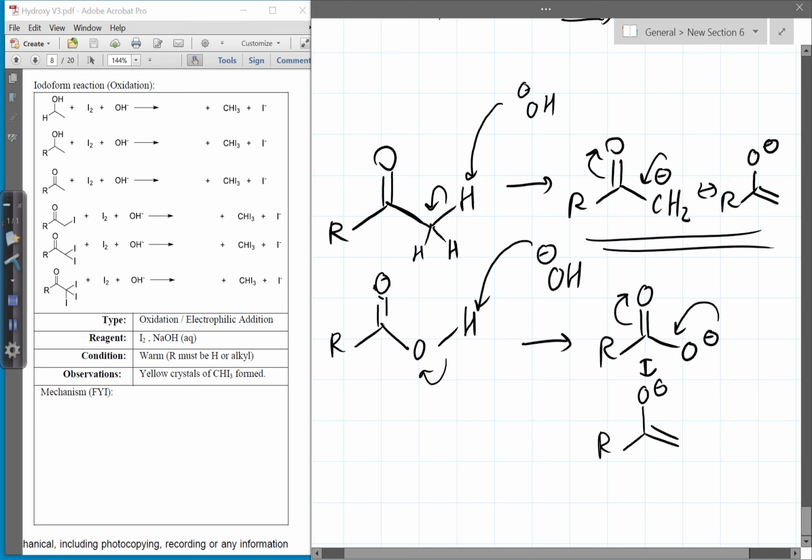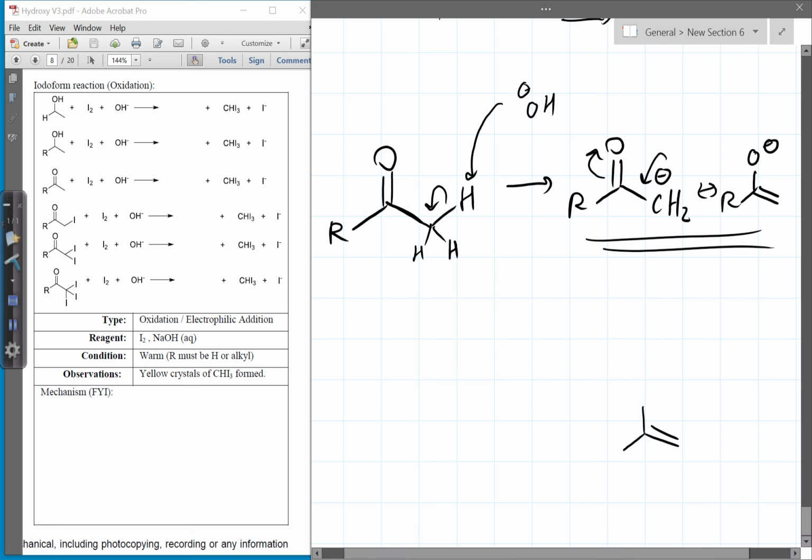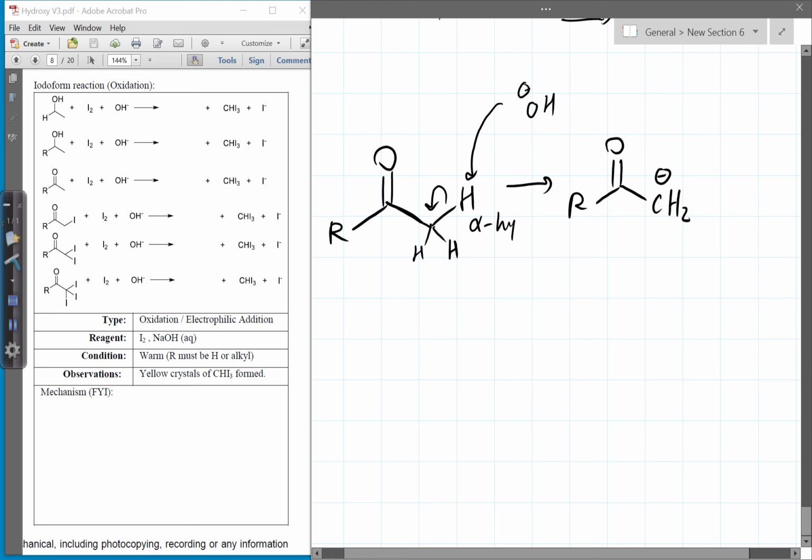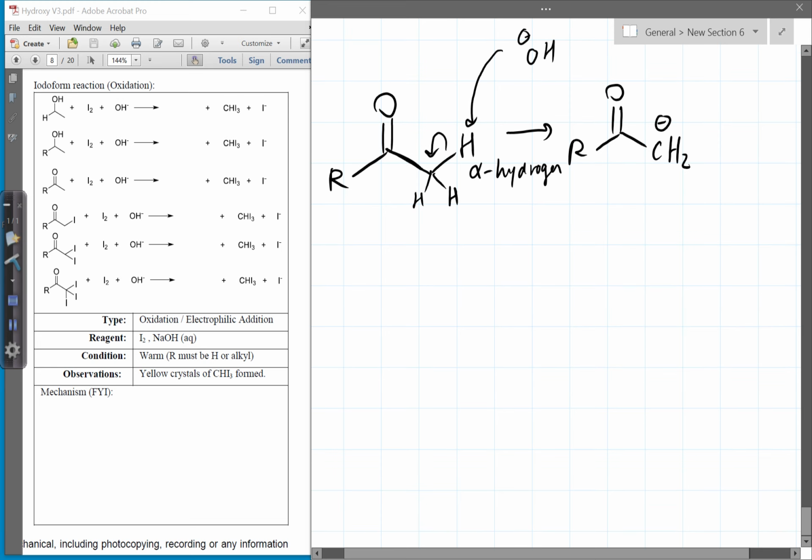So the main point is not the comparison between these, it's about what actually happens. But I need to make it easier for you, so that's why I relate it to carboxylic acids. Once you understand this well enough, we can proceed to the next stage. We know why this is acidic. This is also known as the alpha hydrogen, because this is the alpha position. The next carbon, if there is any, will be called beta, gamma, and so on. Just for info, recently there are also a lot of questions related to alpha carbon chemistry, including this. Anyways, after you generate this species,